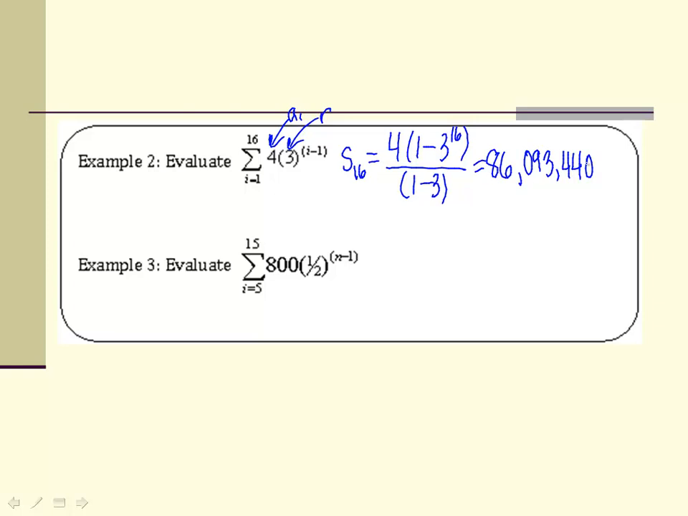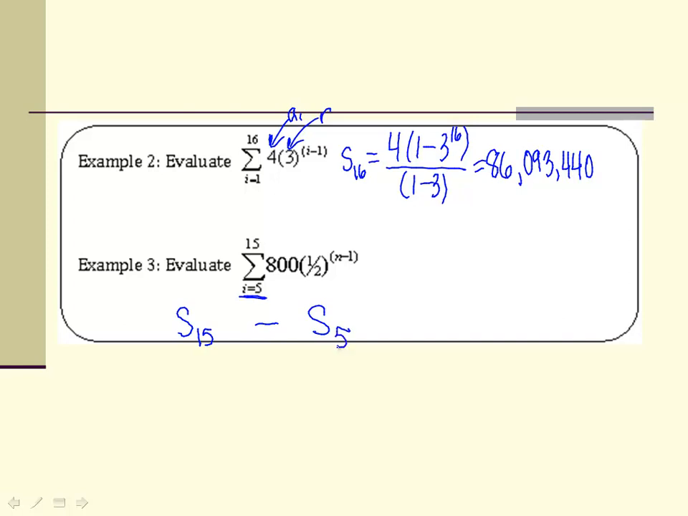Example 3 here. Now we want to evaluate the sum from 5 to 15 of 800 times 1/2 to the n minus 1 power. So notice the difference here. Our first term that we're going to use is 5. Our formula, though, gives us the sum from the first term all the way up to the nth term. So what we really have to do here is find S sub 15 and subtract from it